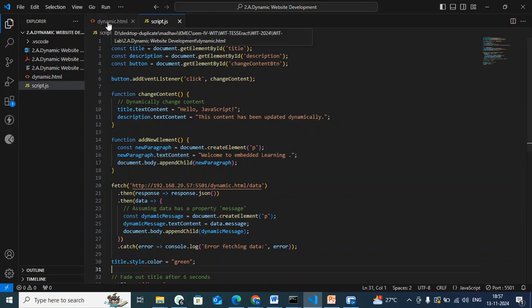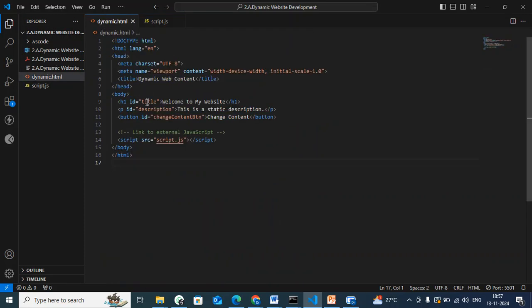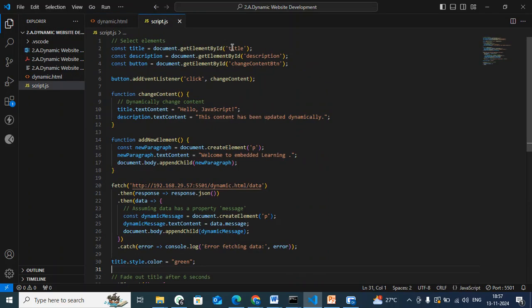In the HTML element for the title, my id is title, so here I am giving the id which I have given for this title. For the understanding's sake, I have taken the variable name also to be the same, title.